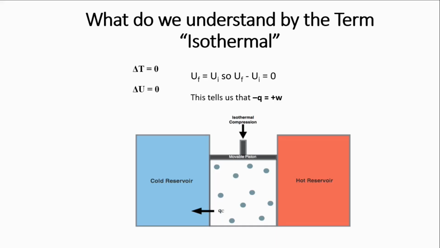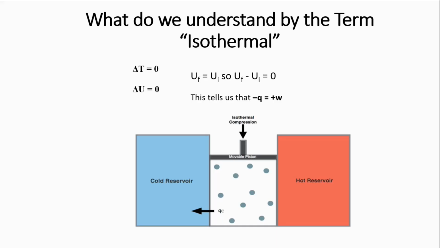Well, the heat energy that is being lost must be replaced some way, somehow. The way in which we can replace that heat energy is by compressing the system, pushing down on that movable piston. We have to do work on the system that is equal to the amount of heat lost. What I am saying is that if the system loses 50 kilojoules of heat, then 50 kilojoules of work must be done on the system.